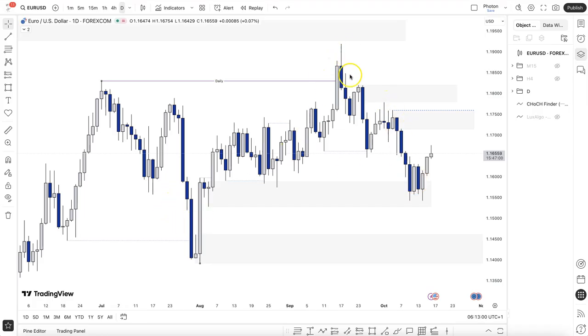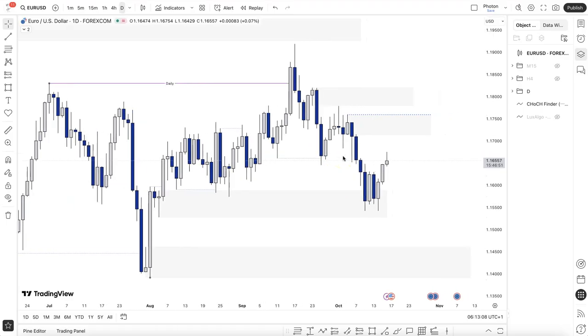Externally, we are bullish. And why bearish? Because we are right now in the pullback phase. How do we know if the pullback is over or is still going on? Well, as a minimum, what I would expect is a change of character. So if price breaks this, then I know that now there's a change of character.